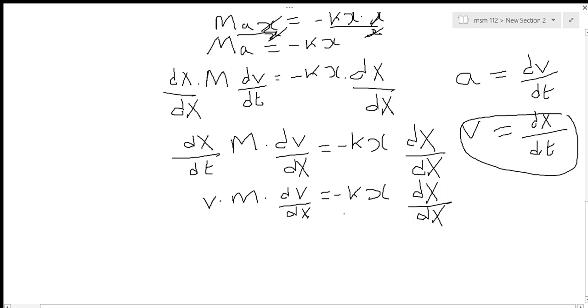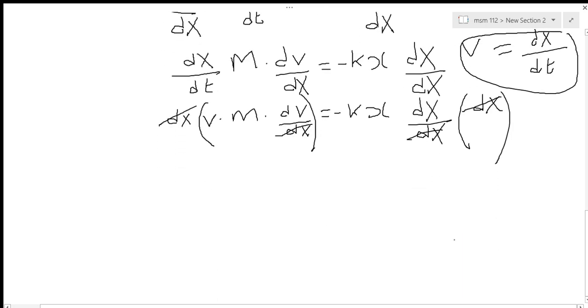When you multiply both sides by dx, the dx over here will be cancelled, even this will cancel. You're going to remain with this equation,